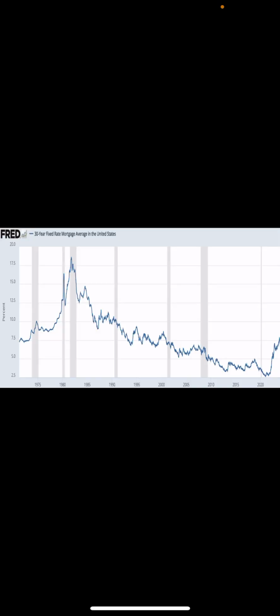Mortgage market. The mortgage market starts off with the mortgage rates. Comparing mortgage rates over the past 5 to 10 years, we are at a high point. But comparing mortgage rates historically, the market is doing decent.